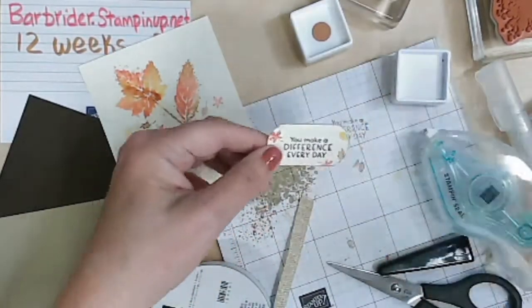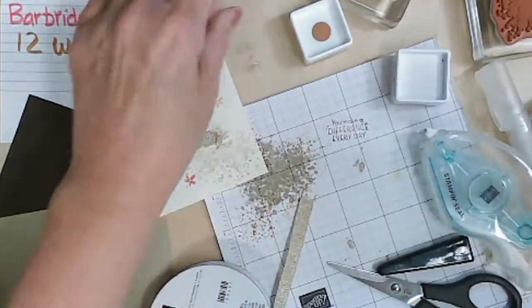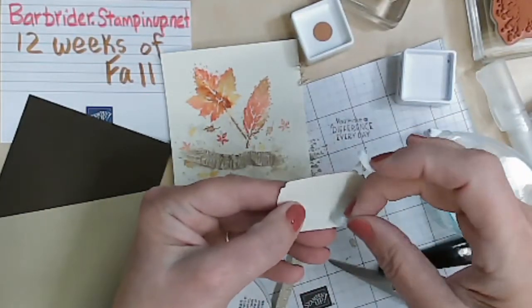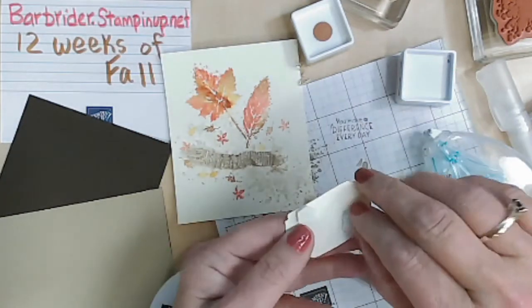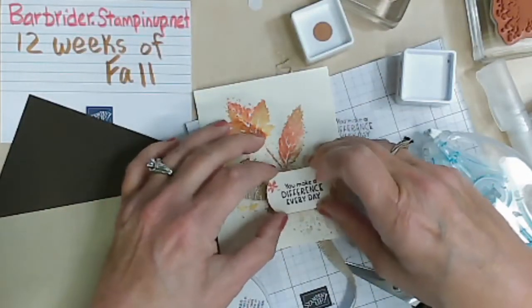All right, I need some dimensionals here. We're going to pop this up with some dimensionals. When you're using dimensionals, I will tell you that if you're putting it on top of ribbon, I always suggest putting the dimensionals above and below the ribbon if you can, because it will help stick better. The dimensionals don't like the ribbon as well, so...